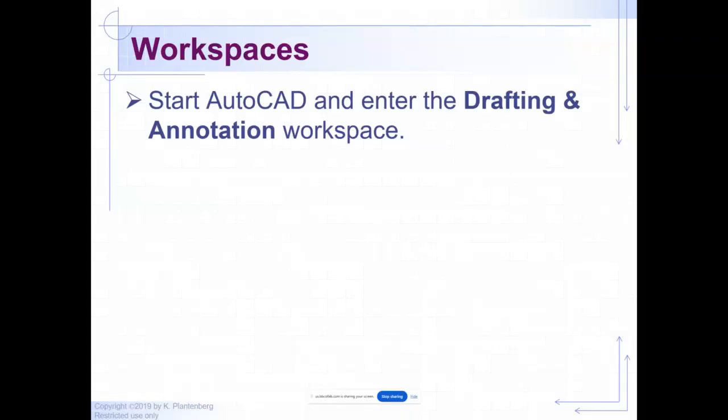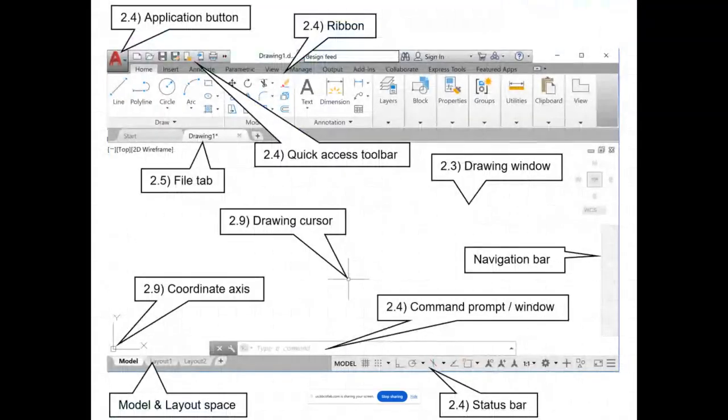So when we start AutoCAD, it's already in the drafting and annotation workspace because that's pretty much typical of what people are going to use it for. So that's the default, should be. Now this is probably the 2020 version, but the reason that all these are all kind of clumped up together